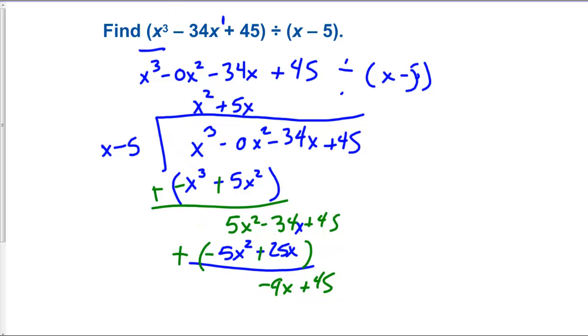What multiplied by x is negative 9x. That's a negative 9. Distribute. I get negative 9x plus 45. And once again, I take and distribute a negative and subtract. This goes to positive, negative, and I'll add. And I get 0. Now, this brings a remainder